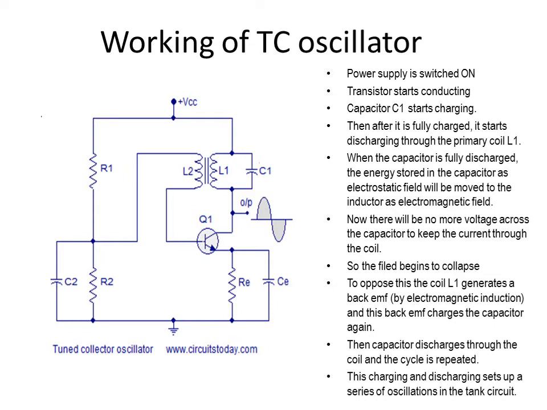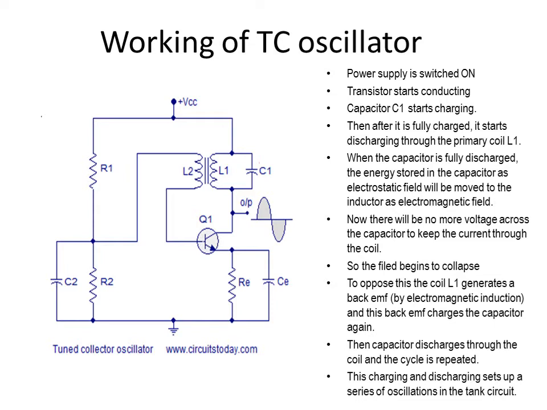When I say positive feedback amplifier, that means we tap out a portion of the output and give it back to the input, and that is what we mean by feedback. So in both these situations, you already have an input going into the circuit, and then we take a portion of the output and connect that again to the input. So at the input you have two waves going in, and positive feedback means these two should be in phase. That is what we have to ensure when you design an oscillator circuit.